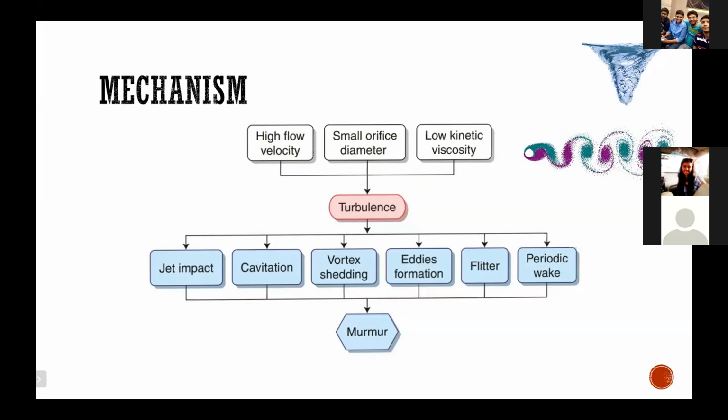And finally, the last concept is the periodic wake phenomenon. Here, for example, whenever a stone is placed in the path of water, the water tends to move around it, right? As water moves around it, there will be ripples generated in the water. This is the same thing here. Whenever there is an obstruction in the path of blood, the blood tries to move around it, and that in turn will set up vibration, which in turn is picked up as a murmur. So this is completely theoretical.